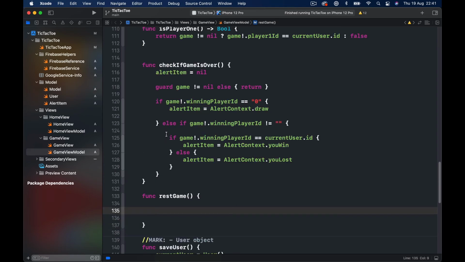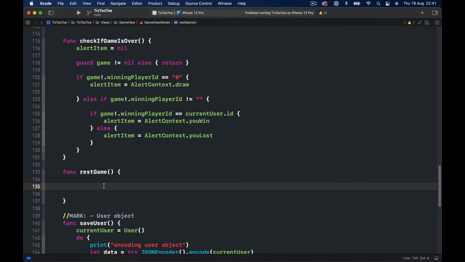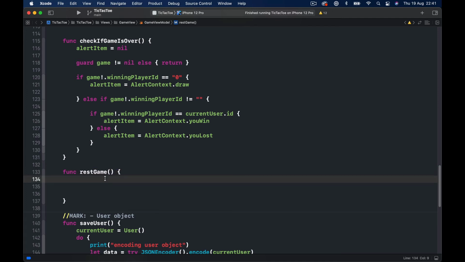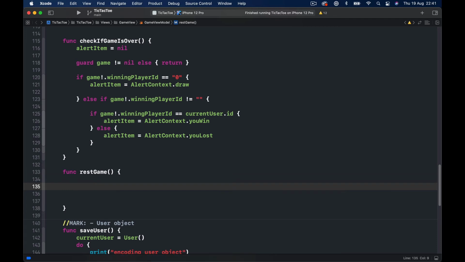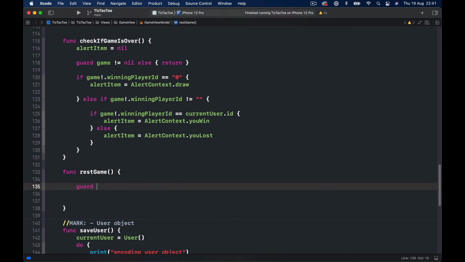So let's get back to our reset game. Before we move forward, we want to check if we have a game object, because this function may be called once the other user has already destroyed the game, and we want to make sure that we have a game before we try to add something to the array that belongs to that game. So I will say guard game not equals to nil,